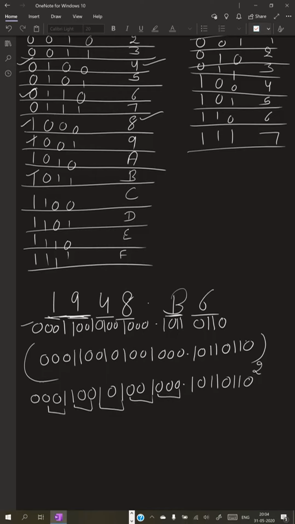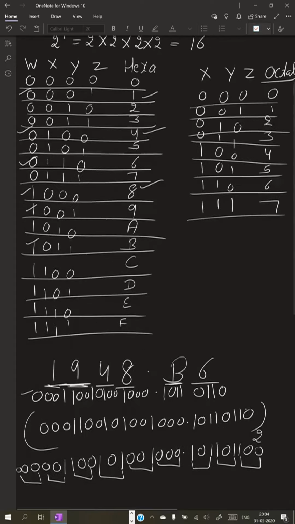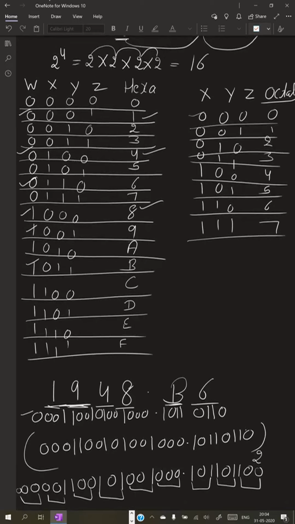And if one bit is left, we add zeros from our side. Now you can make the combinations of these three, then these three. If bits are left, then you can add 0s from your side, like 100. Now you can find out 000 means 0.